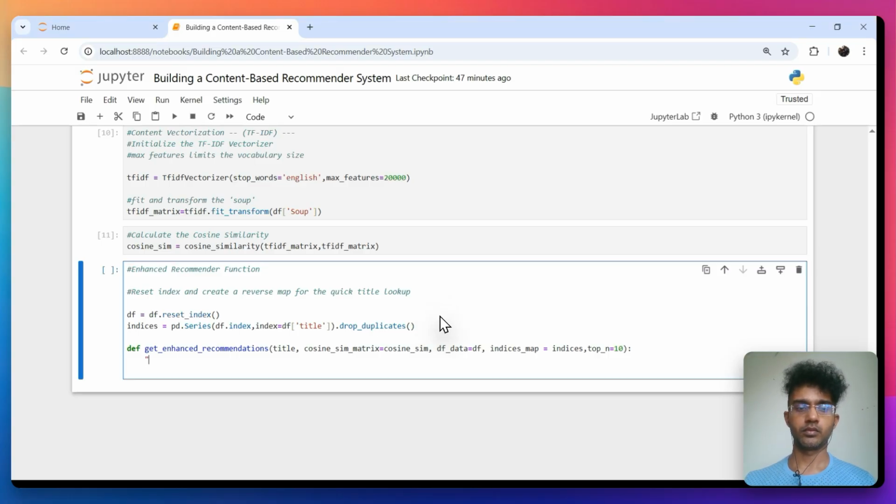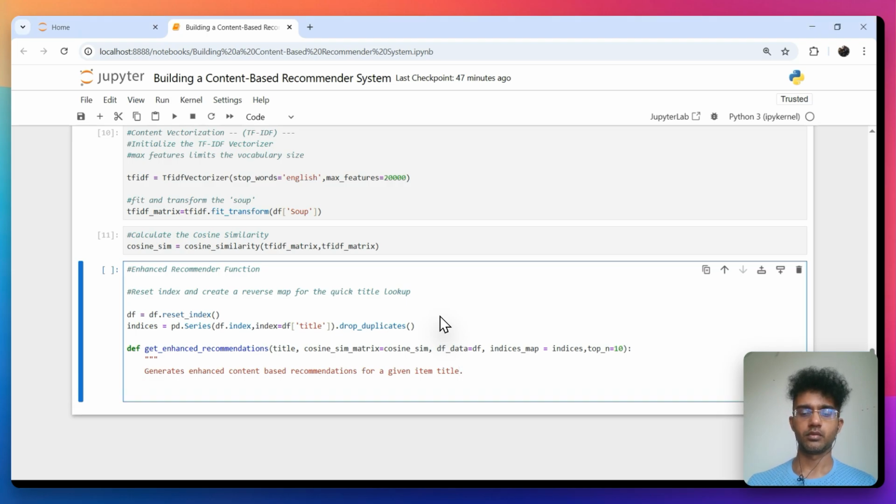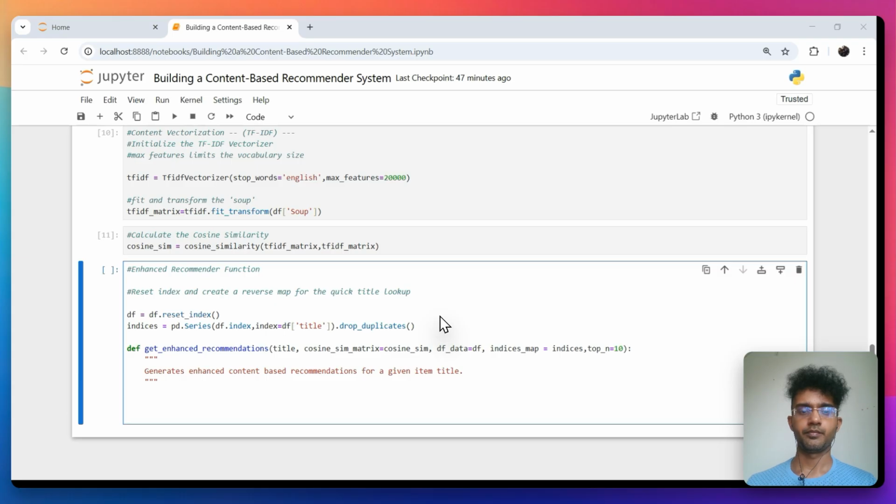Right, so what we do is generate enhanced content based recommendations for a given item title, and that's essentially the intention of the workshop, right? So now